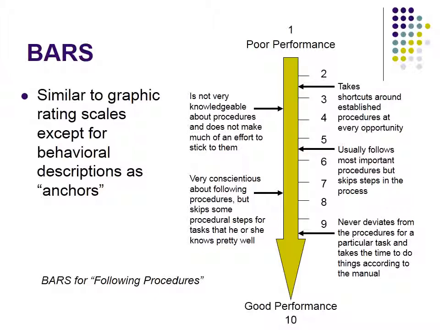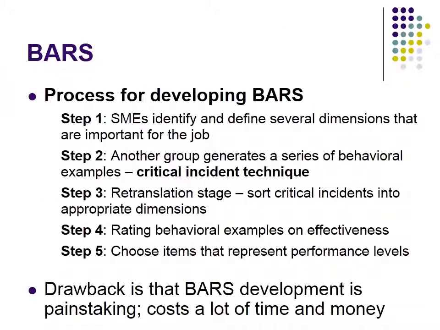That's the idea behind a bars, that it's less open to interpretation by the raters. When raters are looking at a graphic rating scale, like the example we were using in the previous slide on a 1 to 7, what someone thinks is exceeds expectations may vary from rater to rater. It's kind of a judgment call. Here, you've got to defend the number you give based on these behavioral anchors. Now, creating a bars system is actually a pretty involved process.